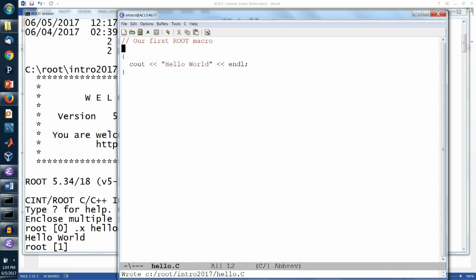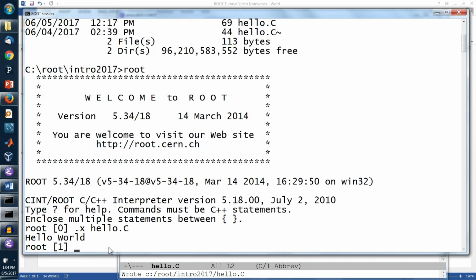Okay, so now let's actually write something a little more interesting. We're going to start off by having ROOT automatically plot some functions for us. So in the ROOT world, we need to open up an object of the TF1 class. Now, when you're going to mess around in ROOT, if you do things from the ROOT command prompt, we can